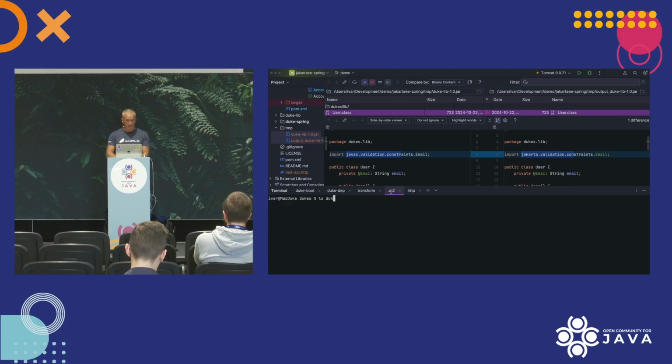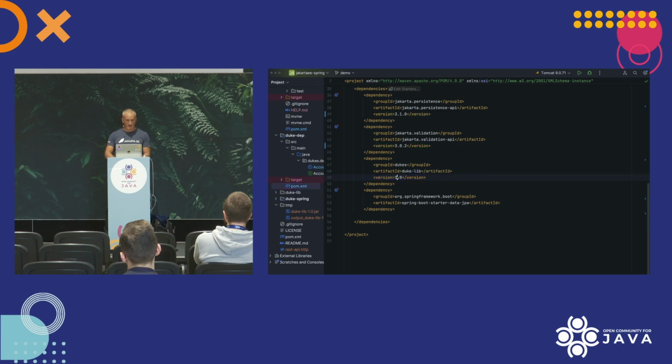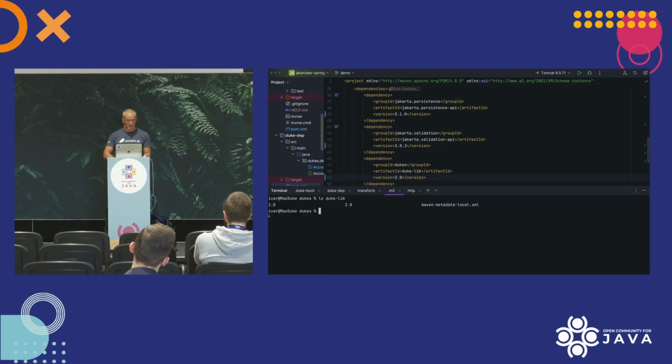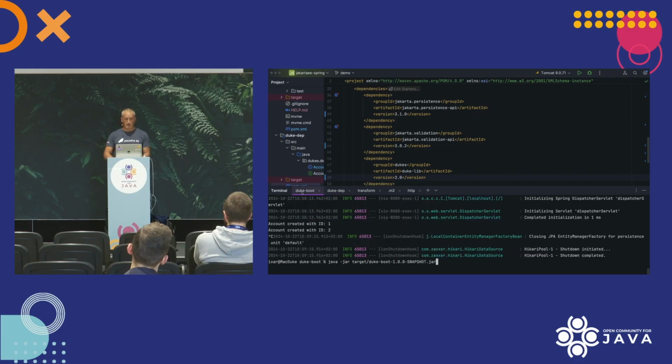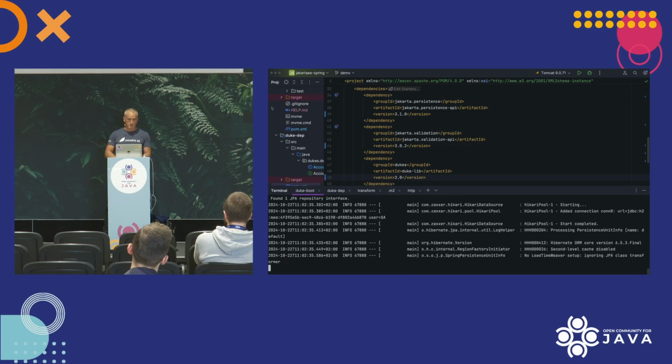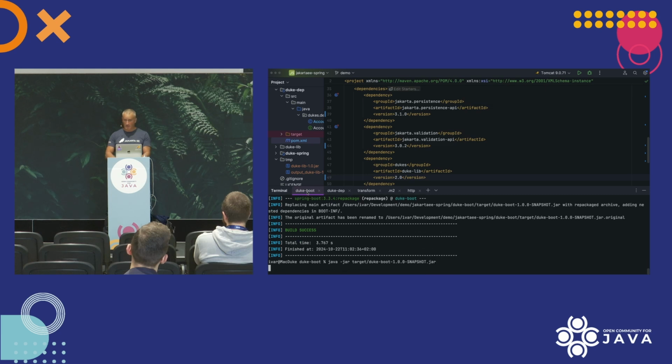So if I now look at my Maven repository, I now have a version 2.0 there as well. And then I can update the POM file of my dependency to use version 2.0. And when I've done that, what I have to do is reinstall my dependency. And then I have to rebuild my application so it picks up the new version of that dependency. So if I now, let me see if I just did it correctly. Yeah. So if I now run it,